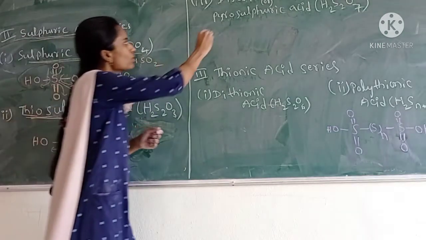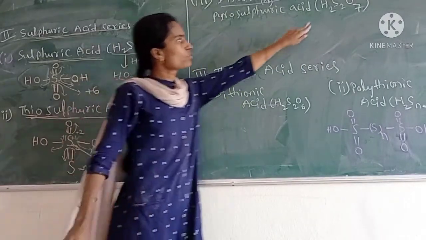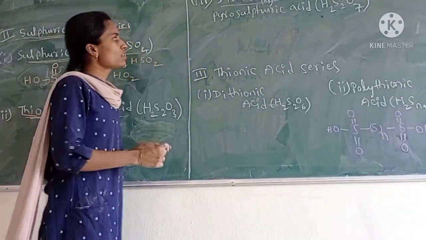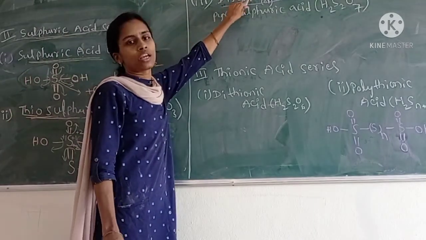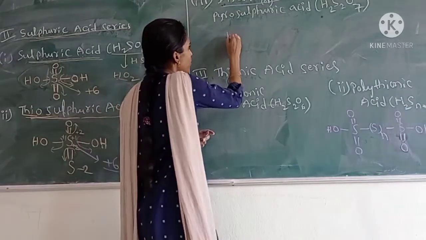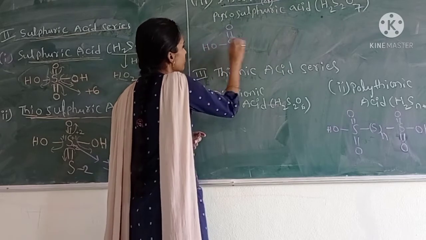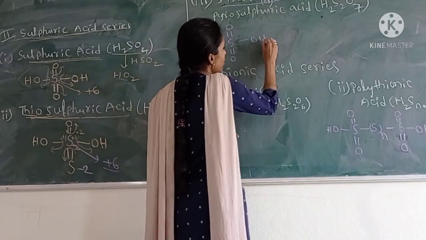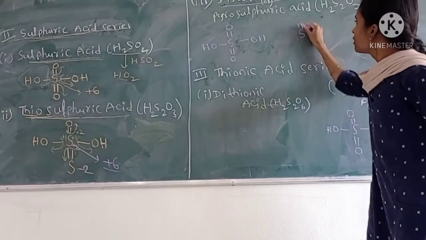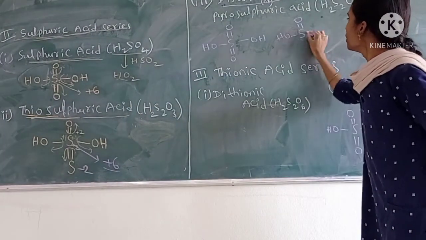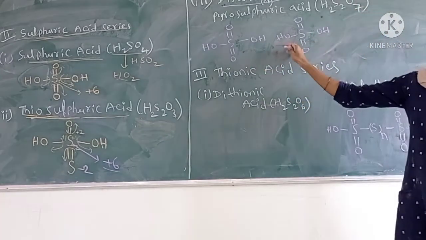And then we go to the next acid, disulfuric acid, H2S2O7. We can easily write this structure. Here, in the name, only disulfuric acid. If you write one sulfuric acid: S double bond O, double bond O, OH, and here OH. This is one sulfuric acid, and if you write another sulfuric acid here: double bond O, OH, OH, and here double bond O. So there are two sulfuric acids.